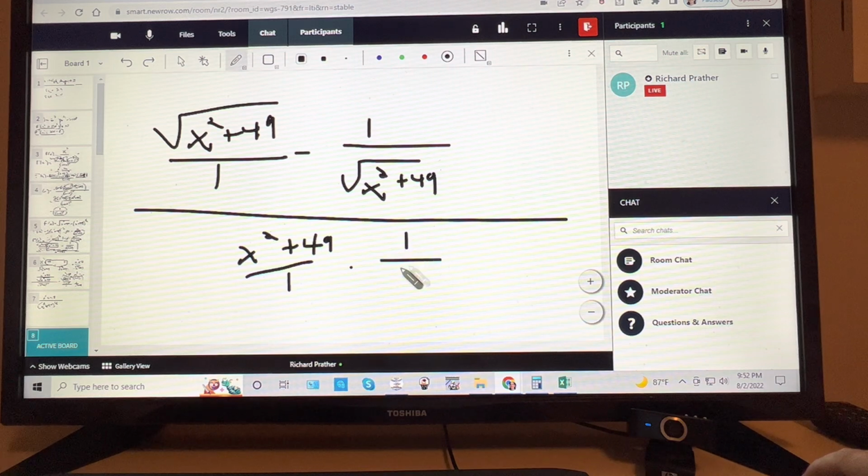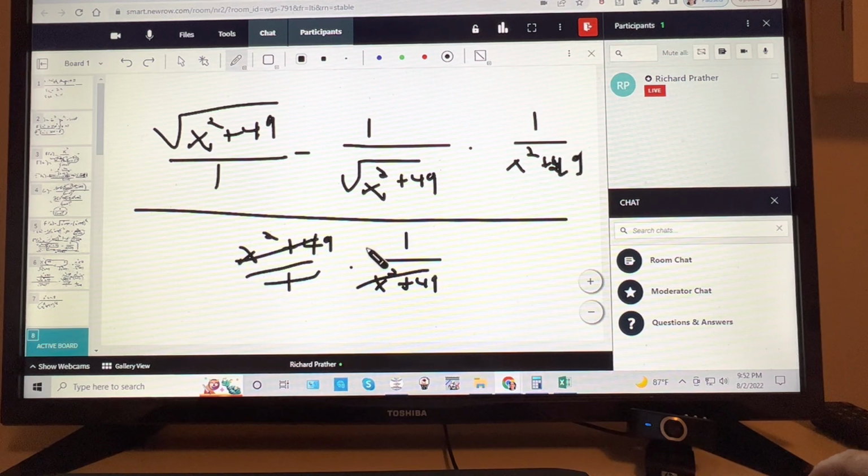So if you flip this and do that to the top and bottom, whoops, 49. This is how you lose all this. So you don't have fractions inside of fractions anymore. Distributing this,